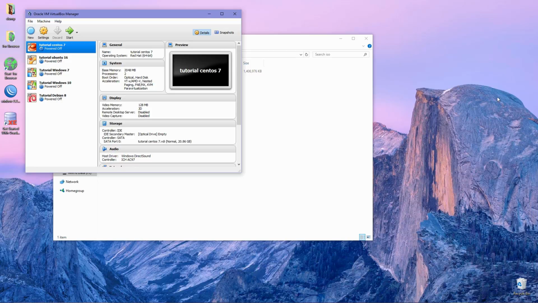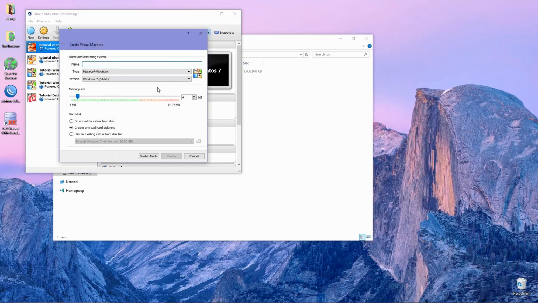In the VirtualBox main window, click the New button and type your instance name. For type, select Linux, and for version I choose Fedora 64-bit because I have a 64-bit ISO.